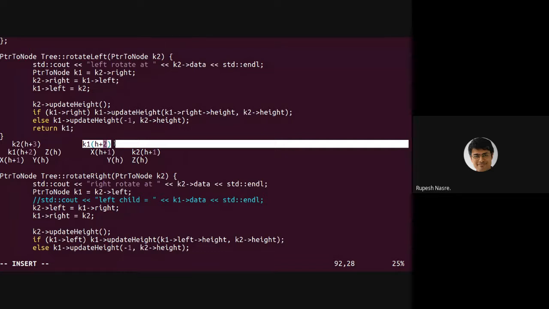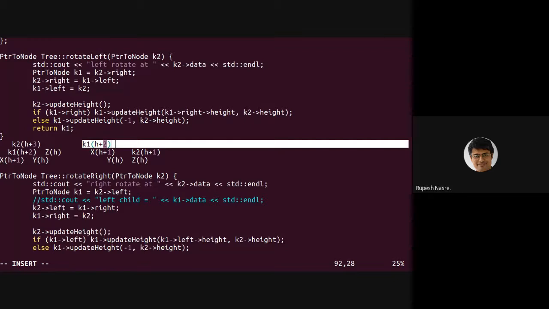And therefore this cannot cause any other imbalance in any other part of the subtree. This part we didn't really prove, but if you work with these heights, then you will be able to figure that out. And therefore the number of updates, if you recall that first slide where we said that in general you might require log n rotations or log n updates all the way in the tree, but we will show that only 2 rotations are sufficient. And that is precisely what we are showing by augmenting these nodes with their heights.